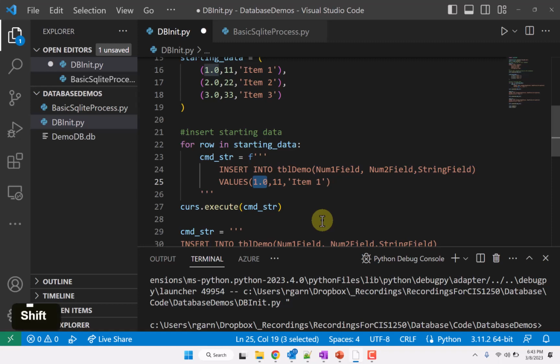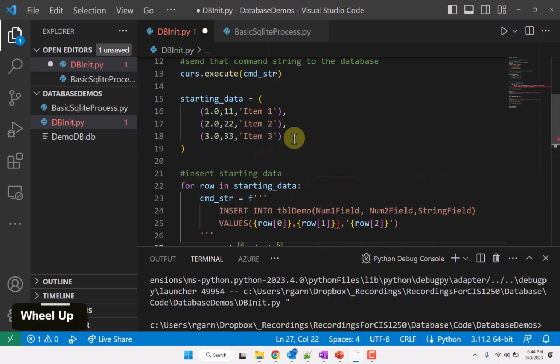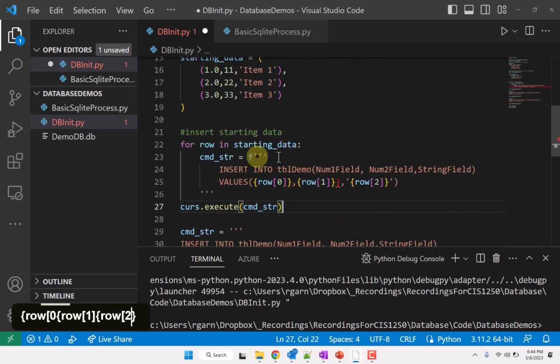We will say format string, and we will say row index 0, and then the next one will be row index 1, and then this is a string, so we'll put it in here and we'll say row index 2. And in this instance, this would probably be just fine since we have everything in the database, but this is